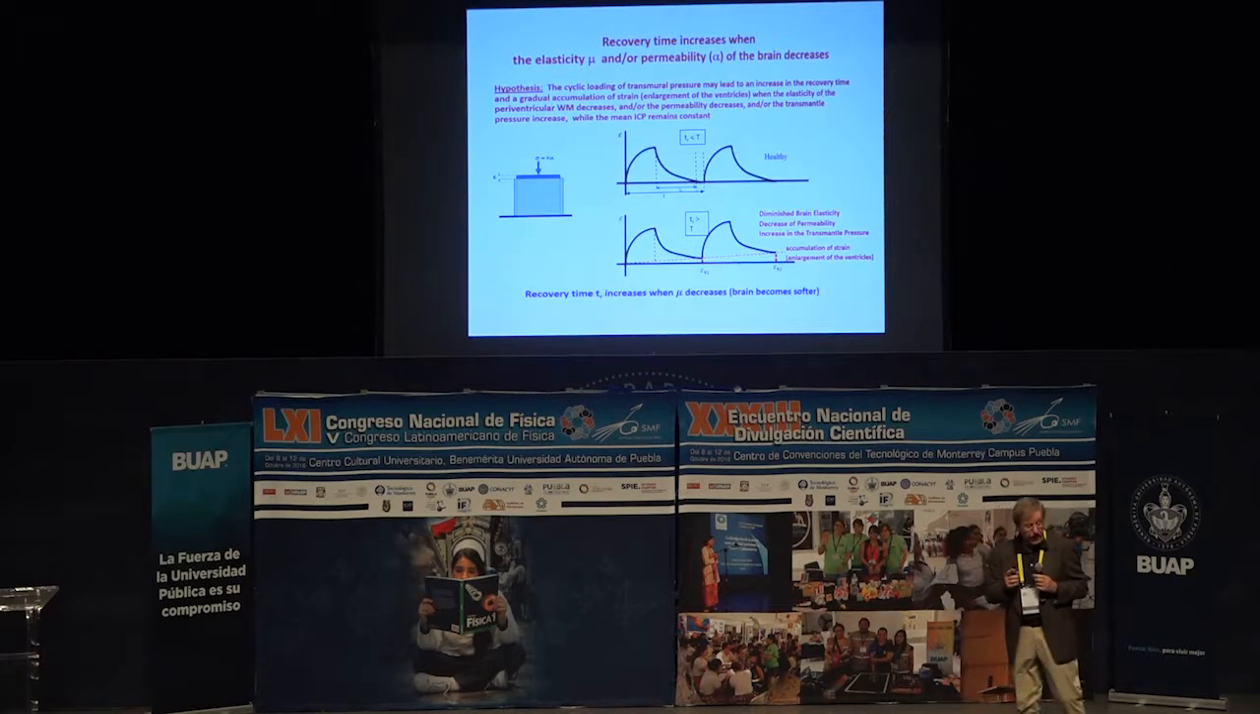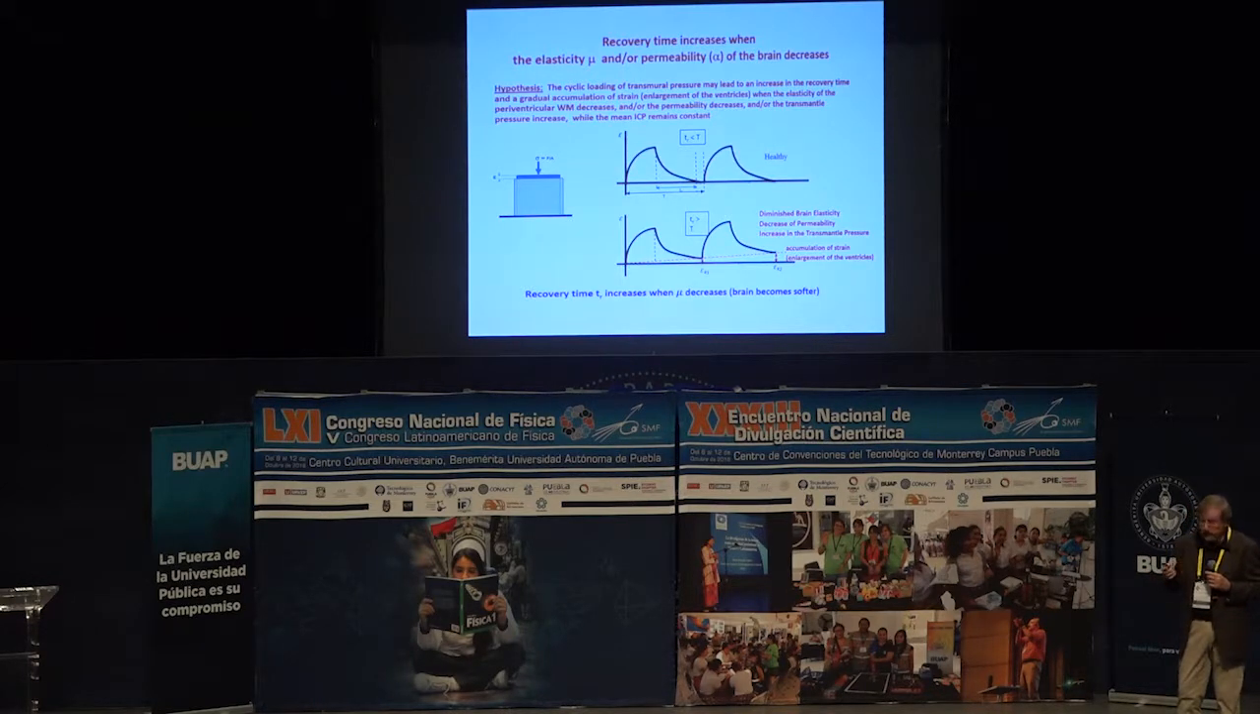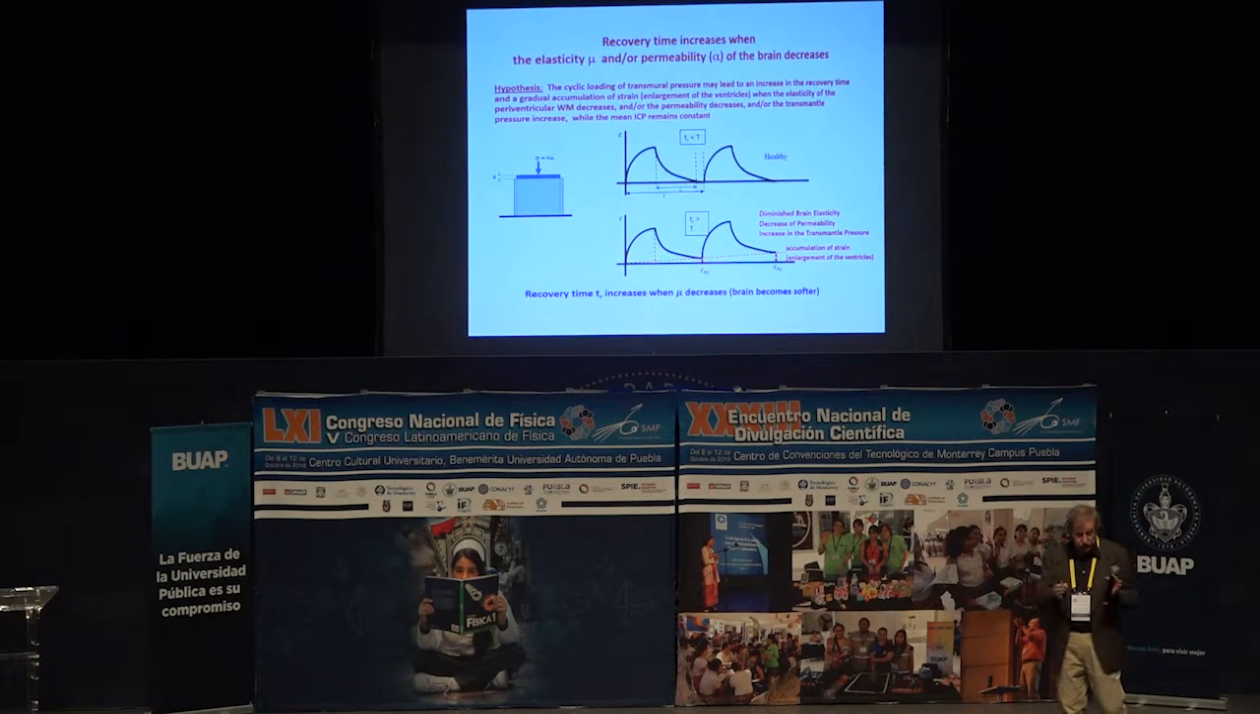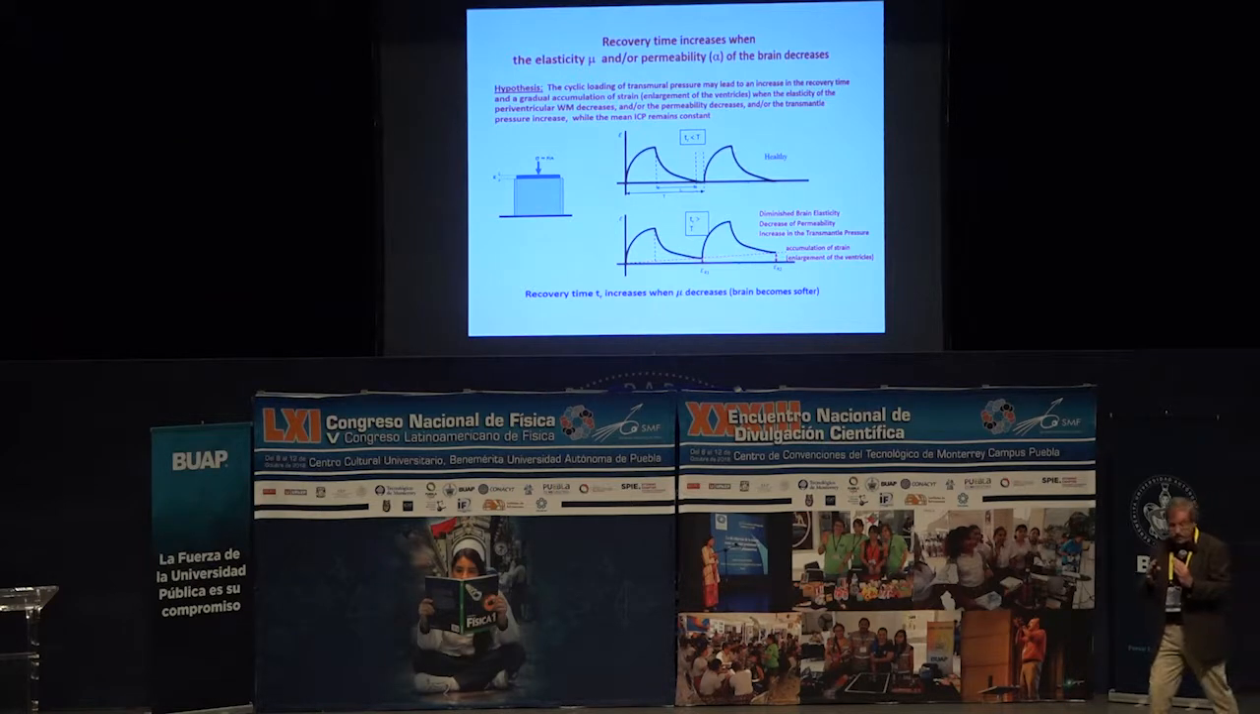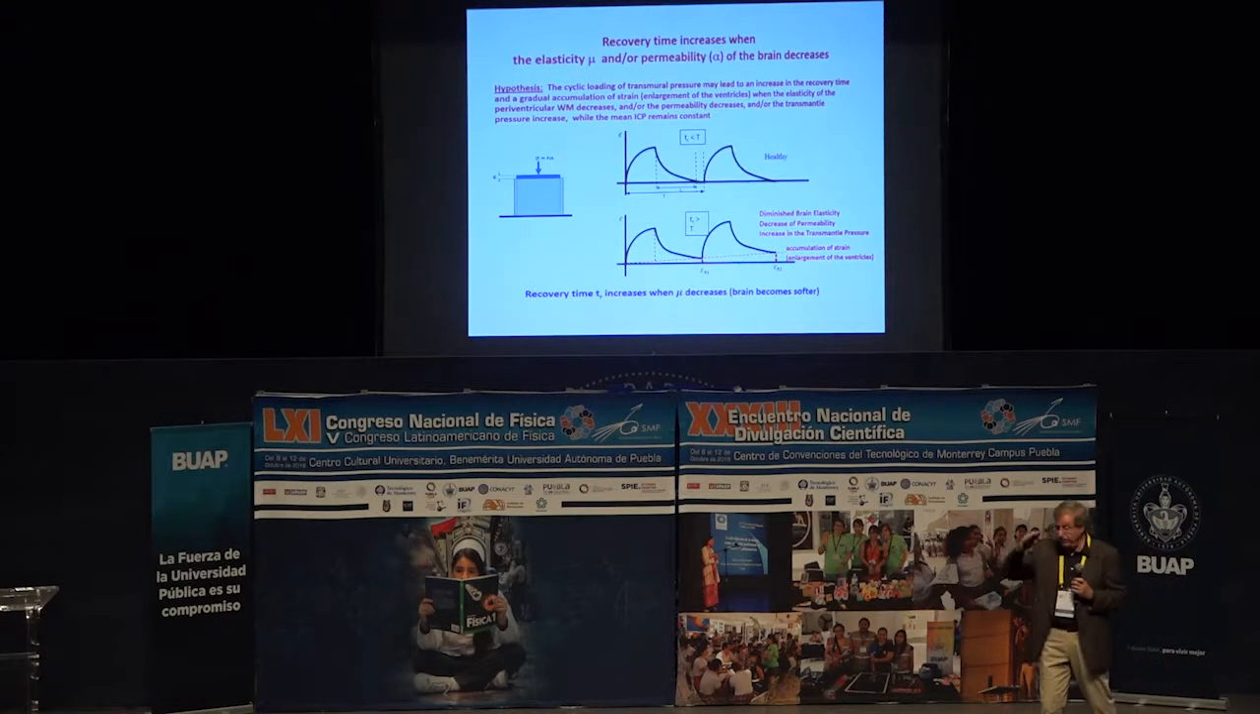But now if with age or with certain disease, either the viscosity, the brain elasticity, or the permeability, or this transmural pressure that I mentioned increases, then what you're going to see is the recovery time becomes larger than the period of the pressure fluctuation, and you're going to have what we call a residual strain. And that residual strain will make the ventricles continue to grow larger and larger, while the mean intracranial pressure is the same, right? Now you may have to say, well, but